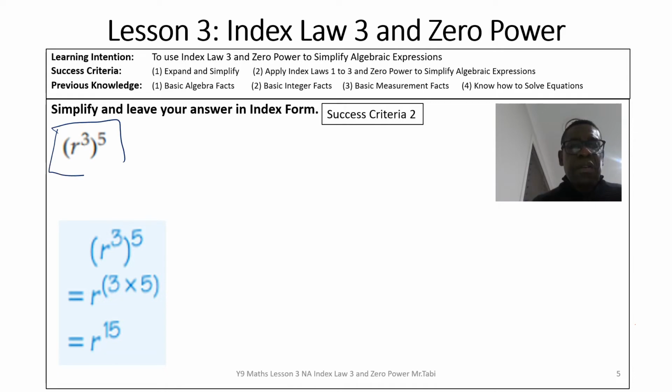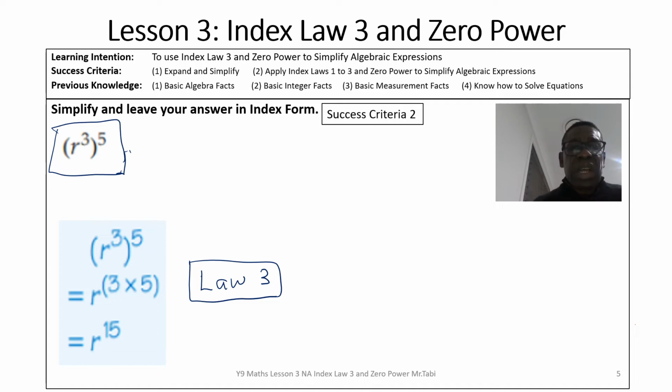r to the power of 3, to the power of 5. That's simply r to the power of 3 times 5, which is that. So we are using law 3. Remember, if you're not comfortable with this and you have not yet mastered it, you can still use expand and simplify,